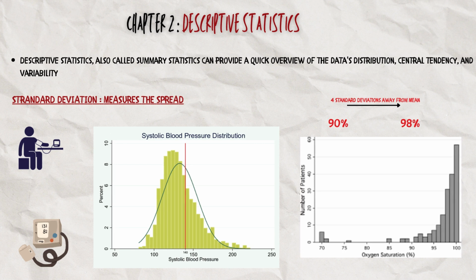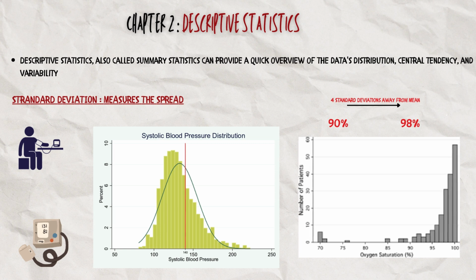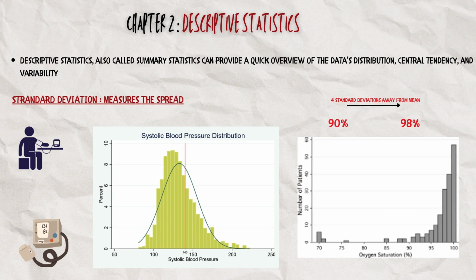That means you should immediately consult a doctor. So this is what standard deviation does to the data. It provides a bit more context. It provides a bit more visibility of what we are looking into